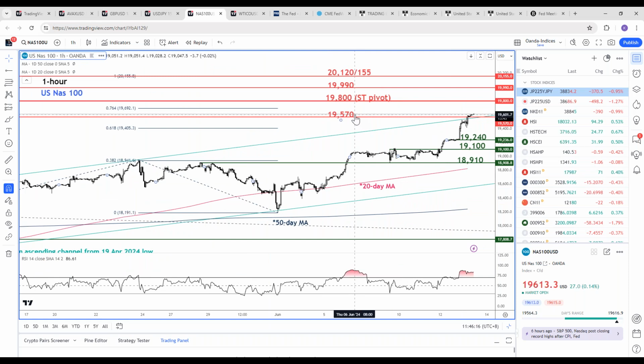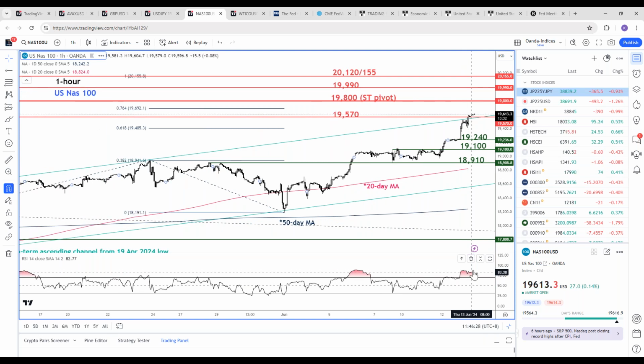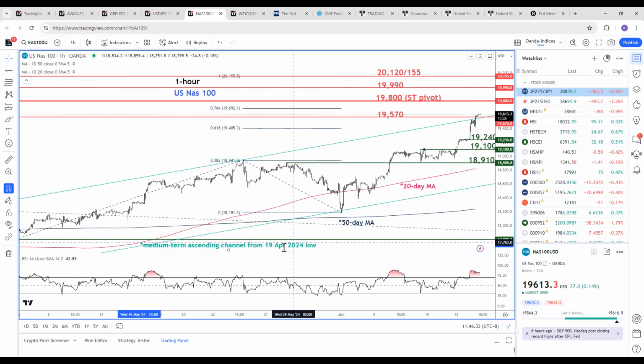So we highlighted 3 resistance levels there. This is the third one, it already hit it. What you could see over here is that the Nasdaq 100 is now trading at a very highly overbought level on the hourly RSI. And it is also potentially banging off the upper limit of this medium-term ascending channel that I drew